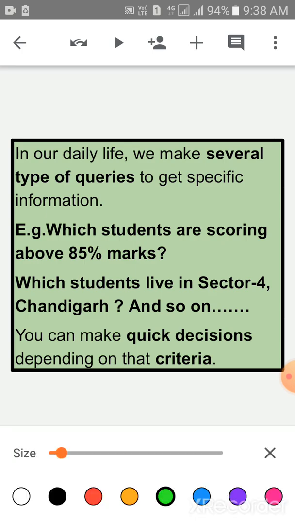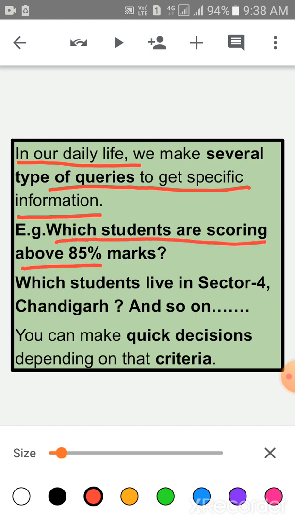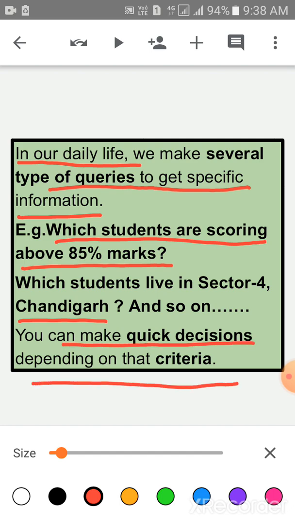Now children, in our daily life, we make several types of queries to get specific information. For example, which students are scoring above 85% marks? Which students live in sector 4 Chandigarh? And so on. Children, you can make quick decisions depending on that criteria. Okay children?